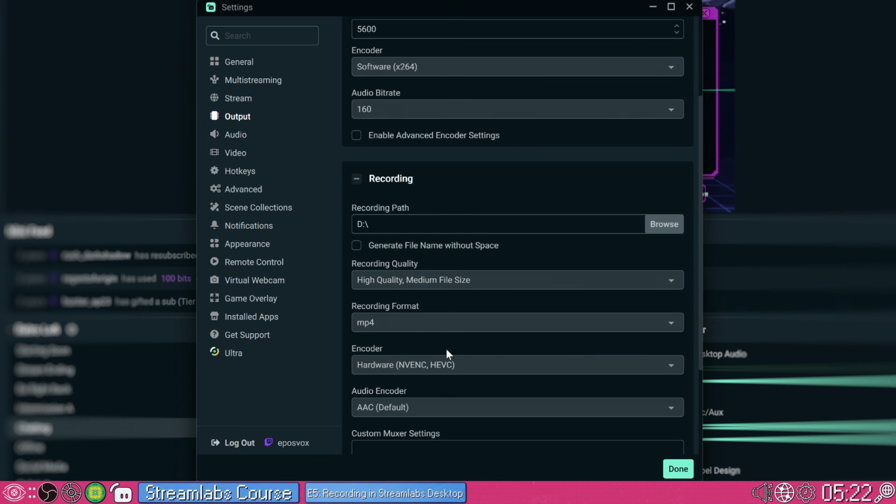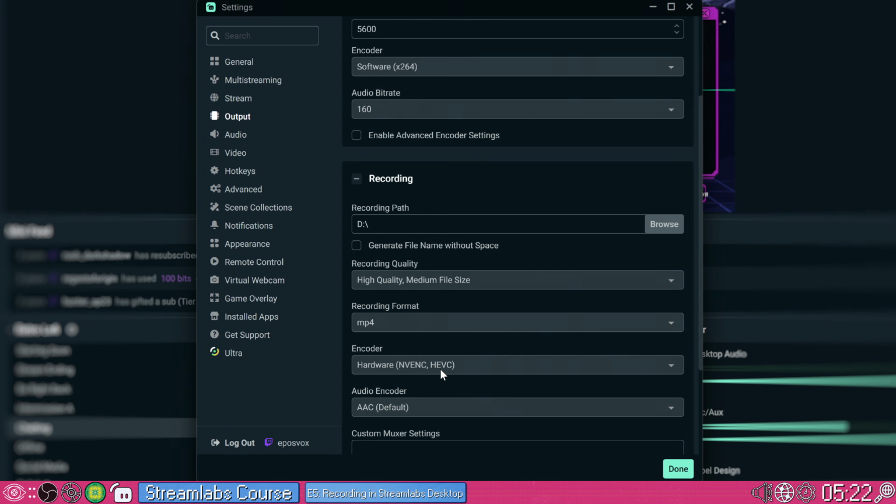This is available on GTX 10 series and back for NVIDIA, AMD going back to the RX like 580. So quite a few years of graphics card here, and then all the Intel cards can do it. This is going to give you the most efficient in terms of quality and performance video encoding, and is compatible